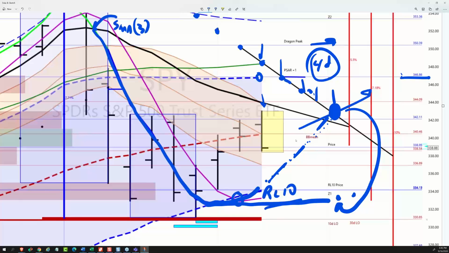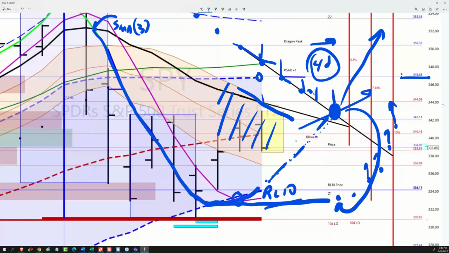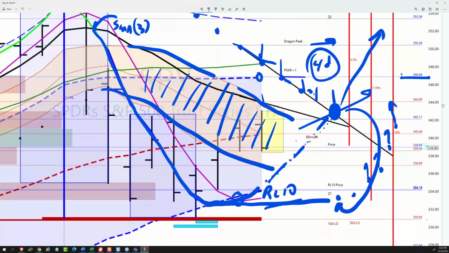And then if this thing really were to continue up, that PSAR would slowly start rising and would act almost like an energy bar, just starting to push that stuff north. But until it gets through that PSAR, until it gets through the dragon, all of the price action in this area is just noise in terms of the swing trend. So it has to get through that dragon, and it hasn't. And today it gapped up, came up here, and then sold off sharply.